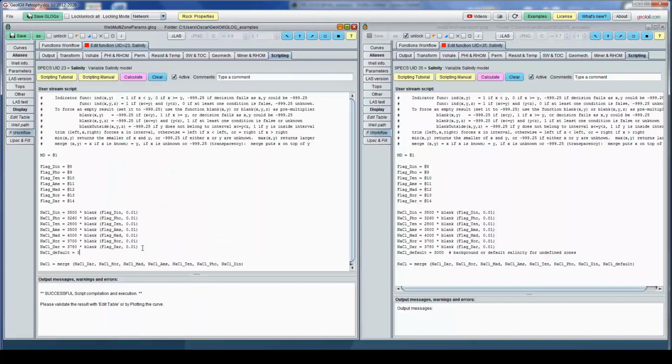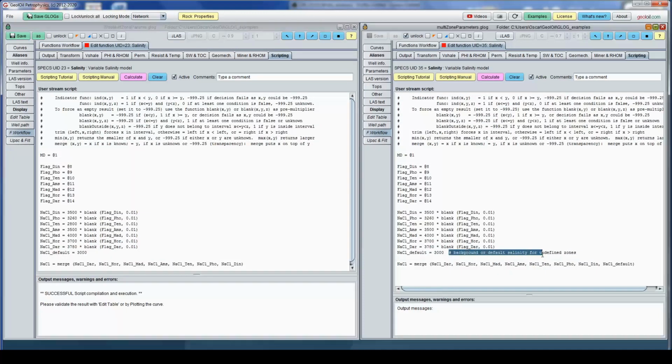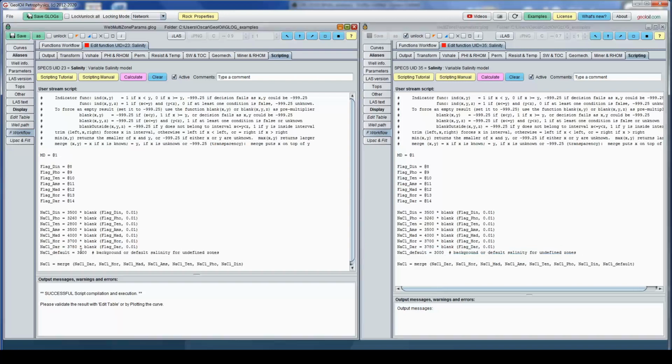Let's suppose the default is around 3000. That's it, and put a comment if you want. So in all undefined zones, all the salinity that formerly were minus 999.25 will take now this value. And you say, well, in the last priority on the merge, take the default, this one.